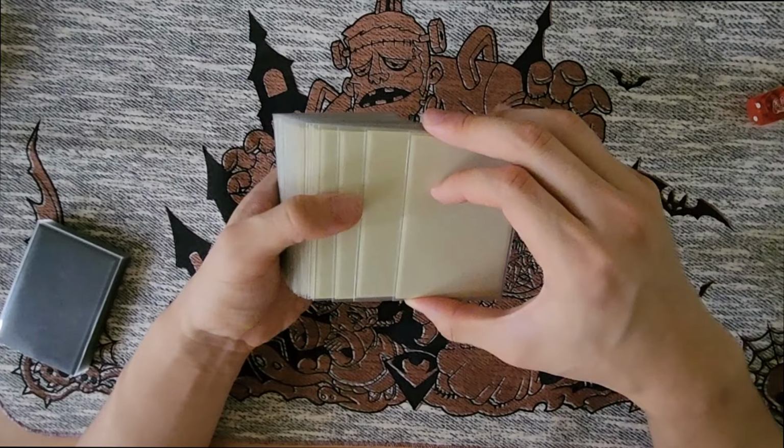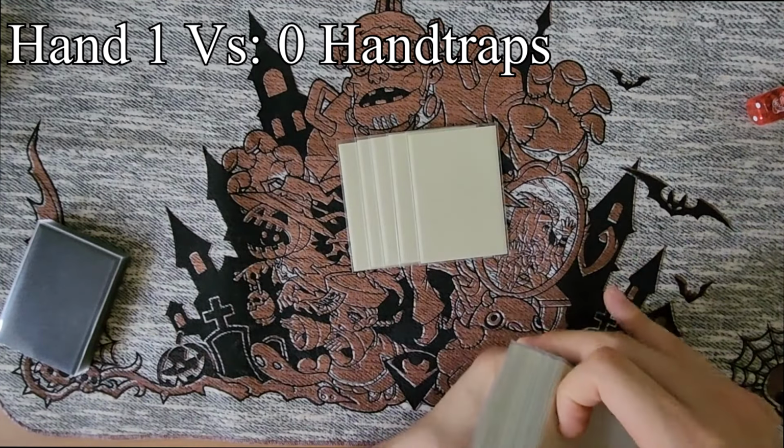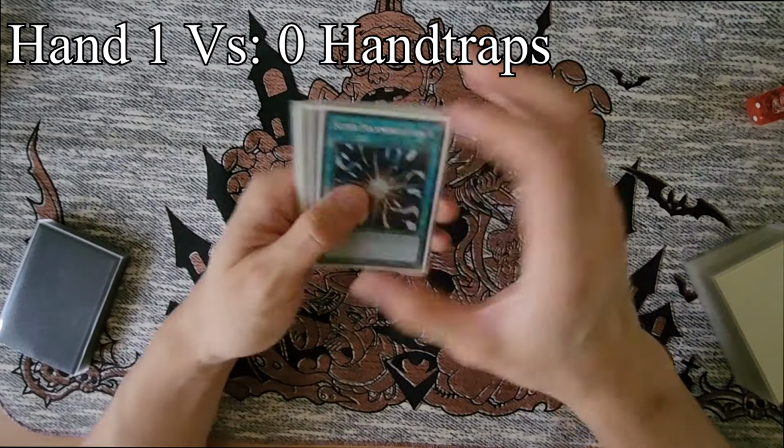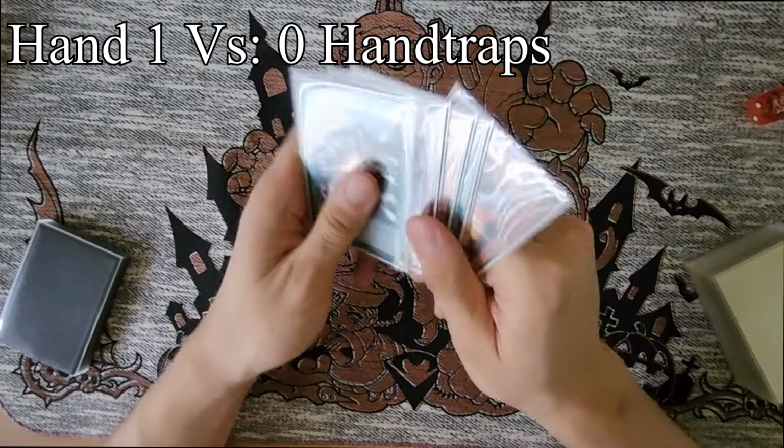Let's start with the first hand. I'll talk about the dice in a second. So 5 cards. Alright, so starting hand, so poly, crow, shifter, and this is the perfect example of what a brick hand